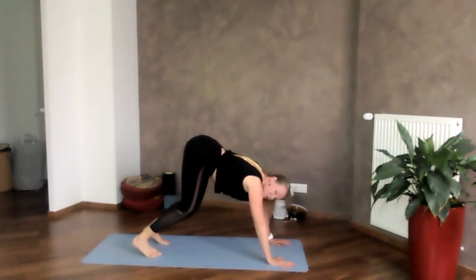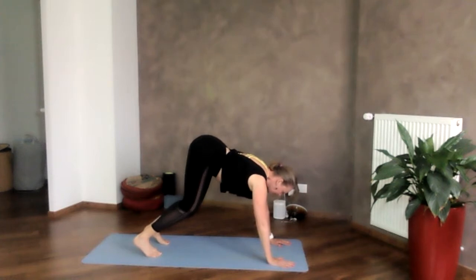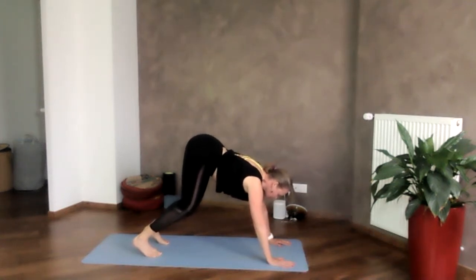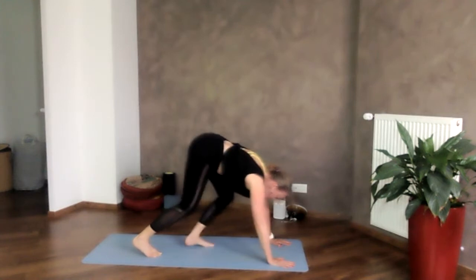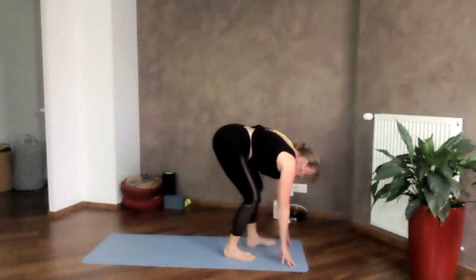Stay here, and we're gonna breathe 3 deep breaths, in and out. Feel yourself getting stronger. In and out. Breathing in and out through the nose. Remember this. One more time. Breathing in and out. Now begin taking small steps forward, lifting your hands when you get to the front edge